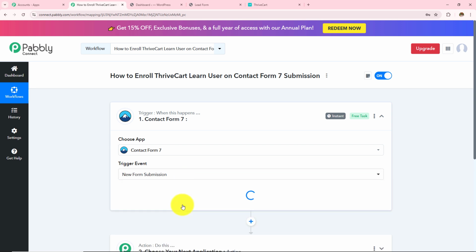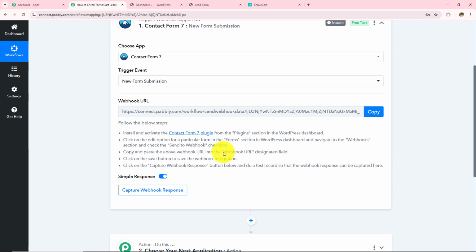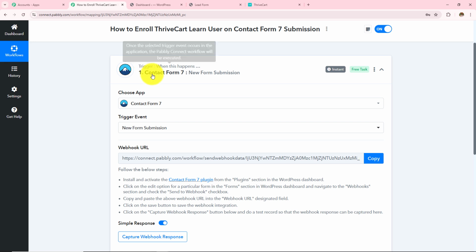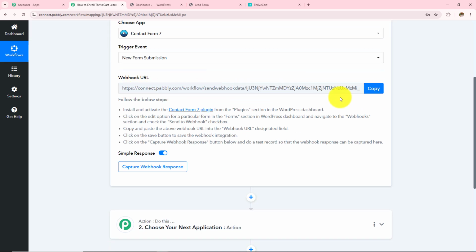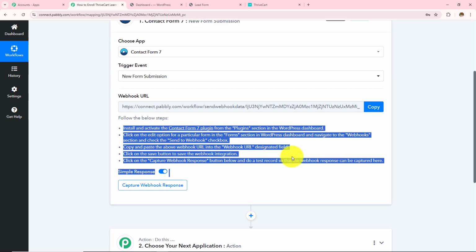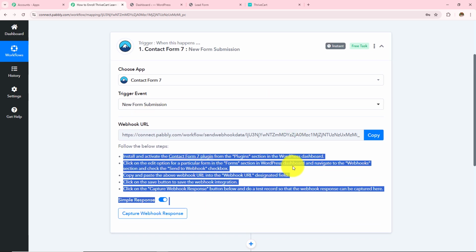So here in my trigger application, I am going to take Contact Form 7, and then in my trigger event, I am going to take this new form submission. Now I need to make a connection between Contact Form 7 and Pabbly Connect, for which a webhook URL is provided to me, and this URL is going to act as a bridge to connect my Contact Form 7 with Pabbly Connect. So reading this help desk, I'm going to make this connection, and to make this connection, let me open my